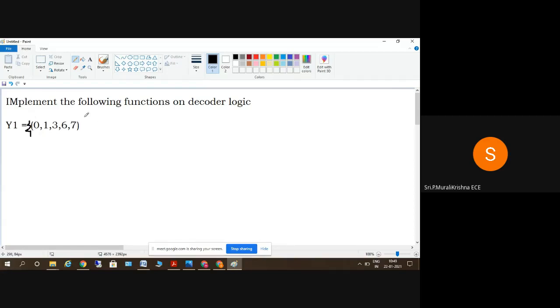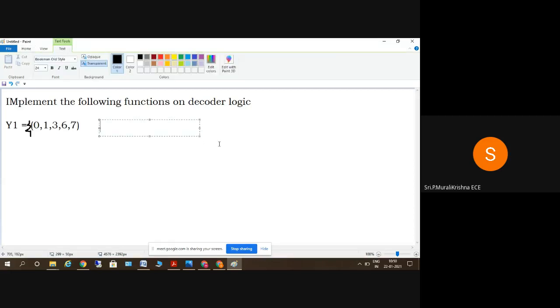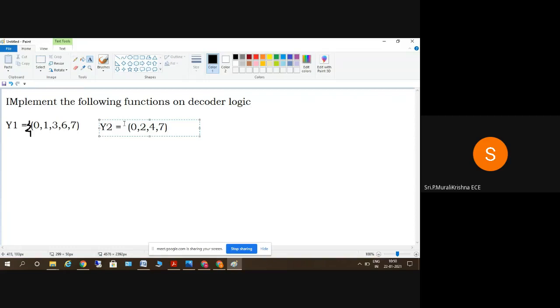And y2 is equal to pi of 0, 2, 4, 7. A little bit of a different problem, with the logic changed, and y3 is equal to pi of